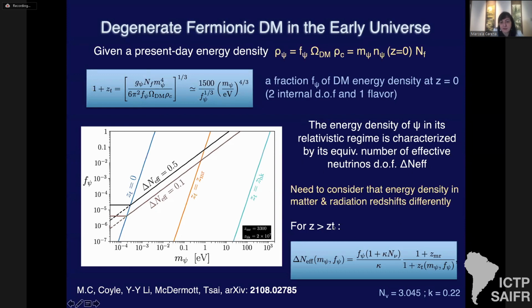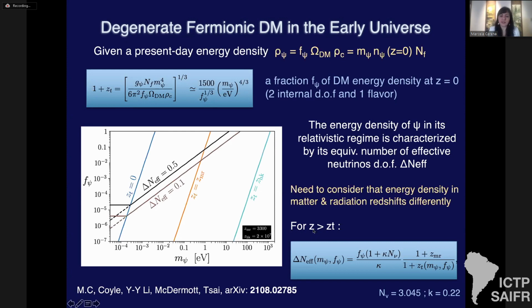And let me tell you just in a few words, this is a bit more of a lengthy calculation, but the energy density of the dark matter in the relativistic regime, we are going to characterize by its equivalent number of effective neutrino degrees of freedom. And of course, we need to be careful when we go from the matter to the radiation era, as the redshifts go differently. But altogether, after some